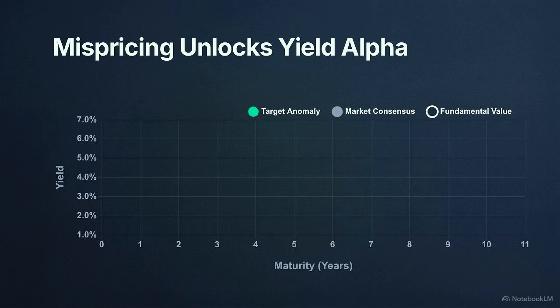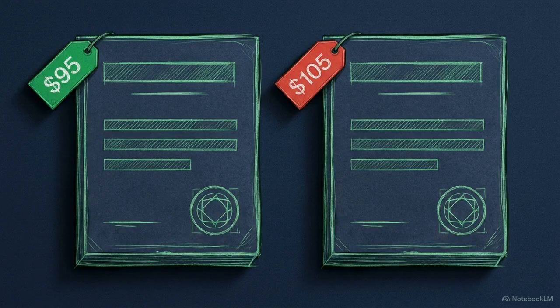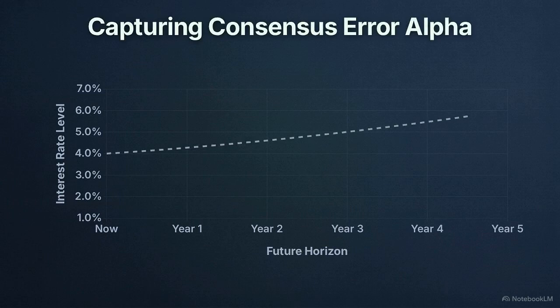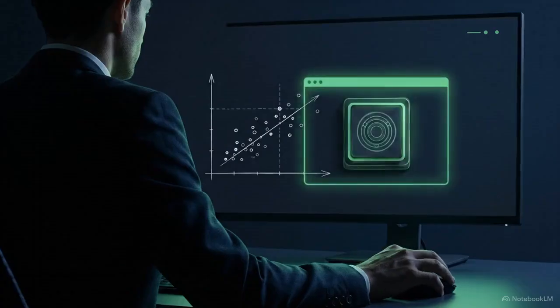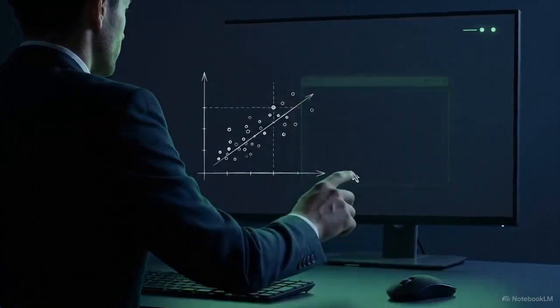Managers exploit two specific market failures. The first is mispricing, where individual bond instruments deviate from their true fundamental value. These pricing anomalies create windows where functionally identical assets trade at different values. The second failure involves consensus errors, where the broader market incorrectly prices future macroeconomic factors. The collective assumptions regarding future interest rate trajectories are often flawed, creating a margin of opportunity for a manager who predicts the true trajectory accurately. The strategy is built on locating exactly where the market is mathematically wrong and positioning capital to profit when reality